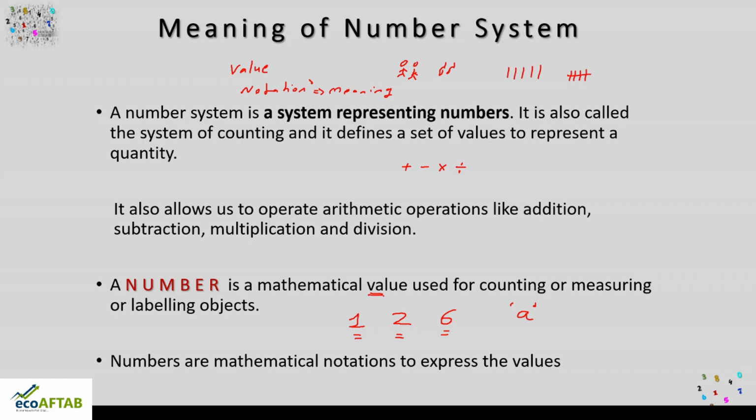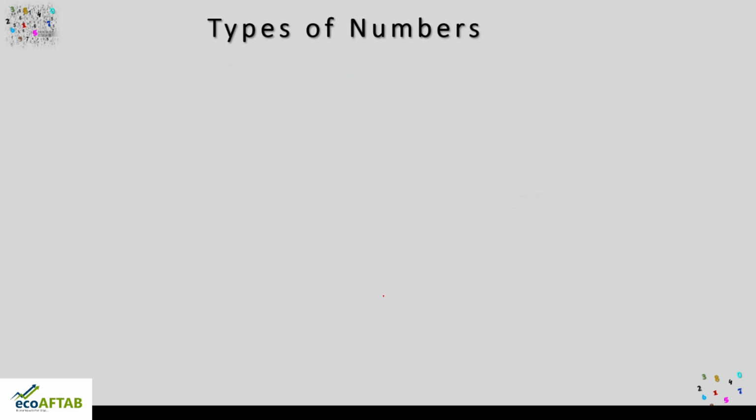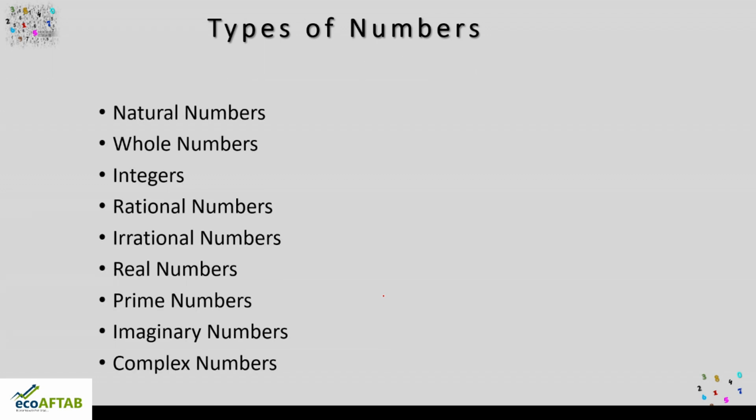So having understood what you mean by number and number system, let us move ahead and see what are the different types of numbers. So friends, these are the different types of numbers. In my today's session, we are going to understand all these numbers. What do you mean by natural numbers, whole numbers, integers, rational and irrational numbers, real numbers, prime numbers, imaginary and complex numbers. So by the end of this class, you will be able to easily identify the different types of numbers, and when you are calculating or using arithmetic operations, definitely you will know you are dealing with which type of system or which type of numbers.